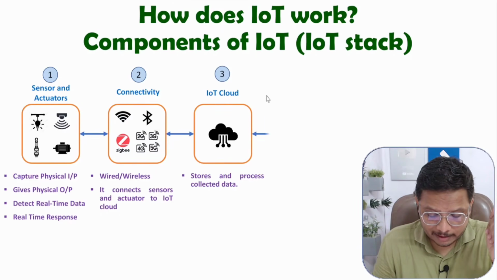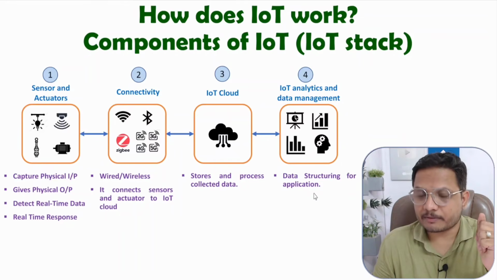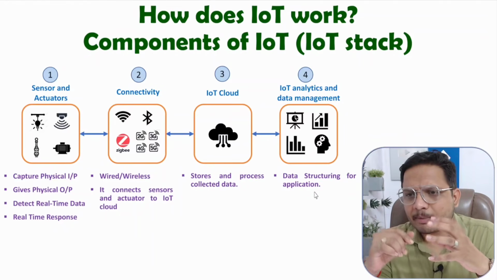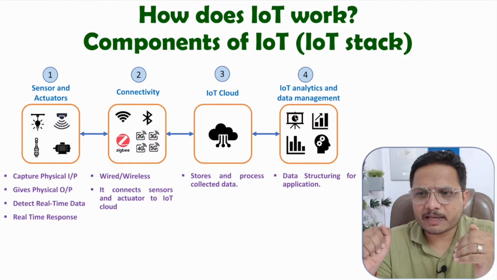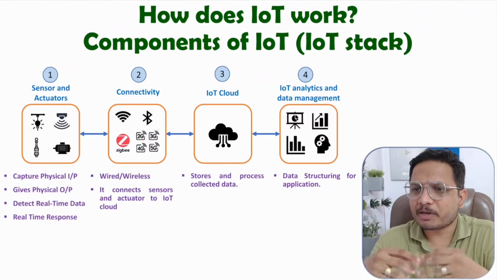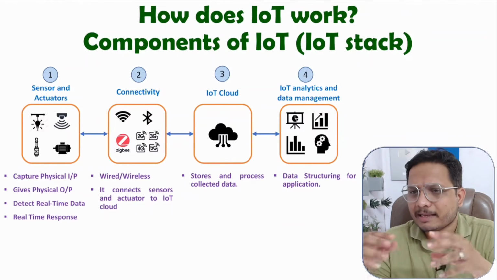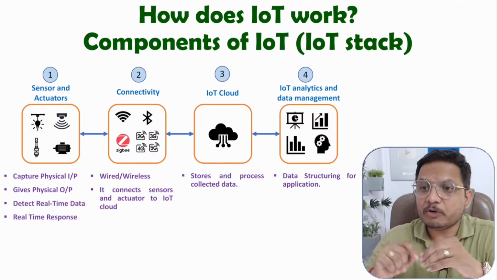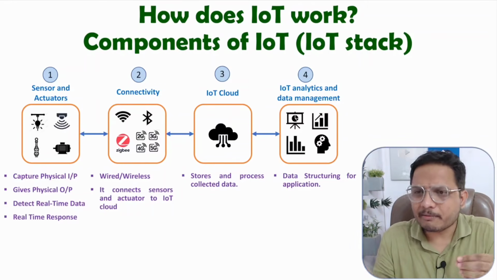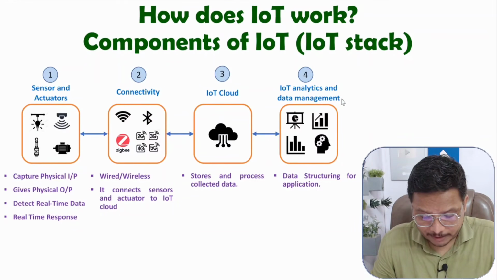The fourth IoT component is IoT analytics and data management. Here, we perform data structuring for the given application. IoT analytics and data management is a very wide branch of engineering where algorithms are there, where deep learning is there, where machine learning is there. Many things are there with IoT analytics, right? Our agenda is to provide meaningful insight to the given application, and to provide that, we need to act on the data, right? In detail, we will be observing that in this video itself. So the fourth block is IoT analytics and data management.